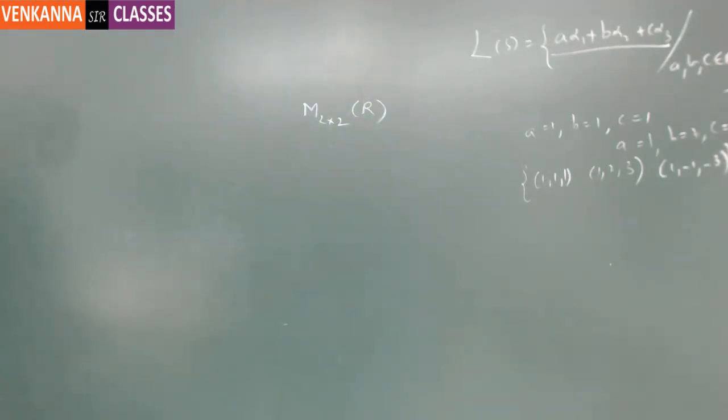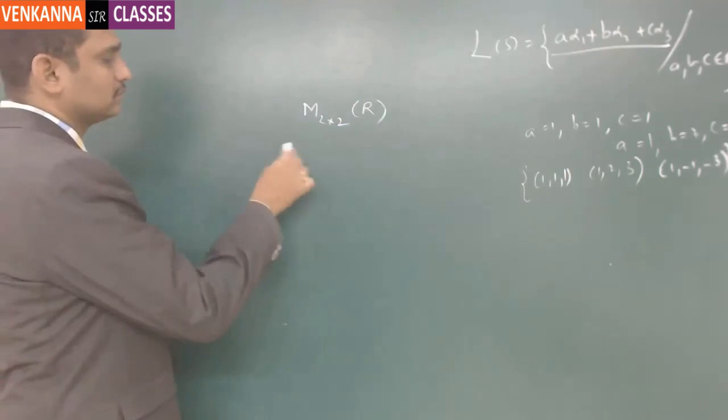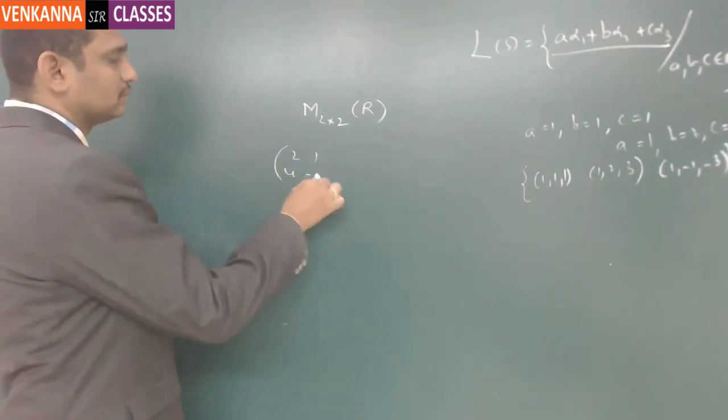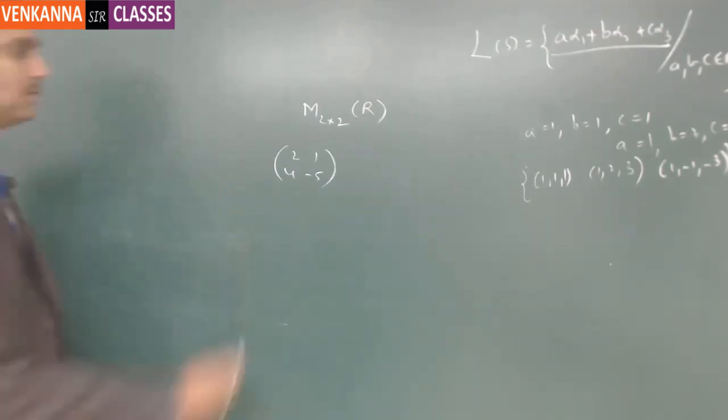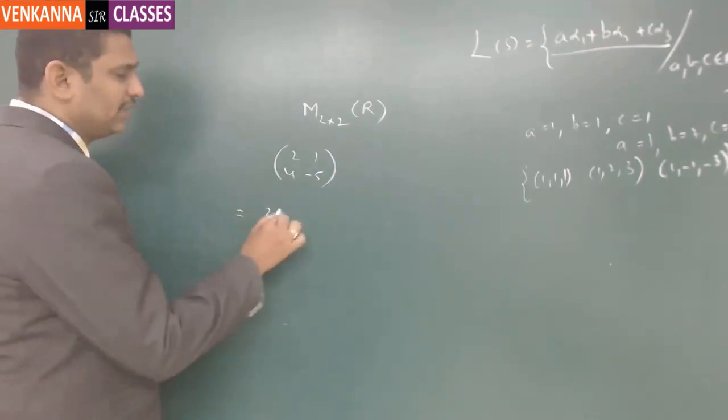Now let us take a small example. Say, this is a 2 by 2 matrix. Now if I have considered the 2 by 2 vector space, what is the spanning set for it? So I will say that this thing will be written as